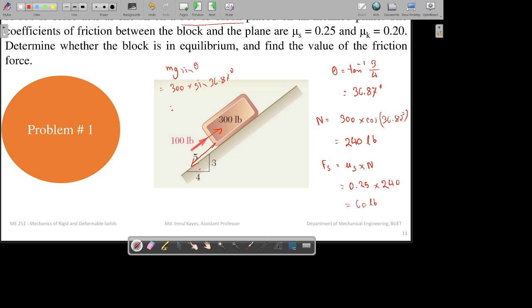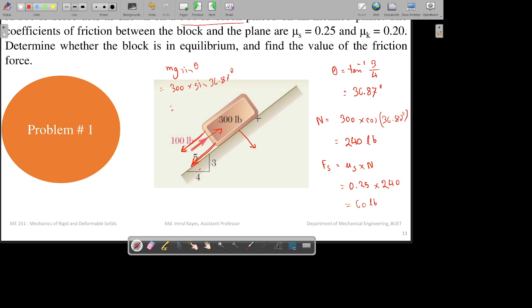The friction will act in this direction, and the component of mg, which is mg sine theta, will also act in the same direction, like this. So the combined force in the downward direction along the plane,